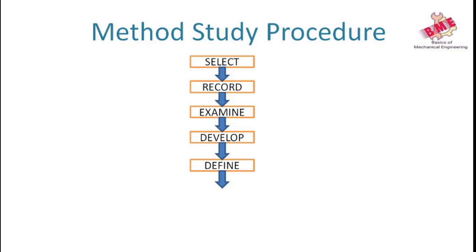Then install that process. Installing means we have to arrange the plant layout in the new improved procedure. Then after that, the flow of material, flow of man, and flow of machine, meaning the working of the machine, is checked. Okay, the next and last step is maintain. After the installation, we have to regularly follow up the machining procedure. And machining procedure means we have to keep the assembly line in the followed procedure.